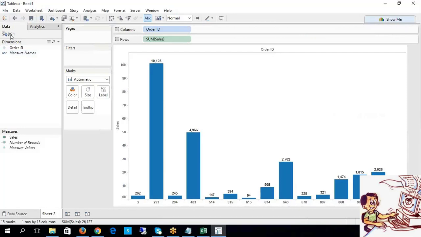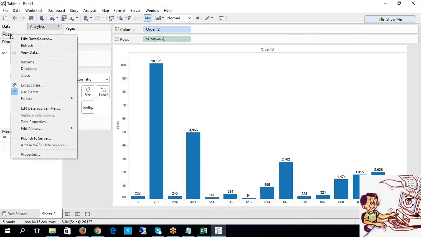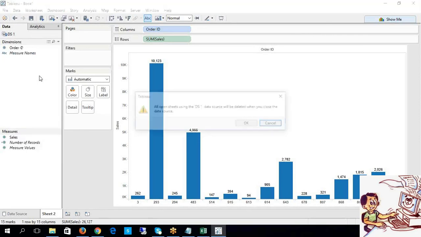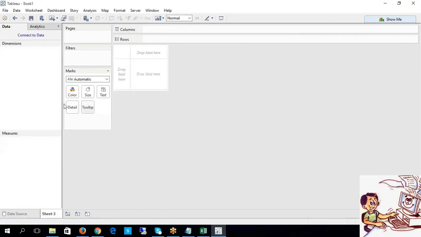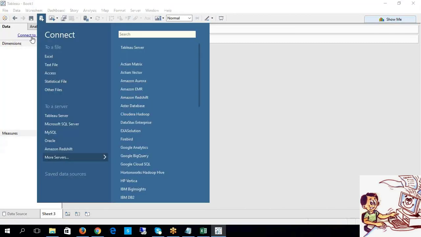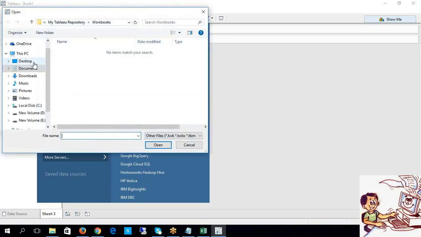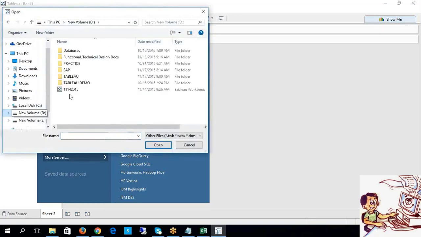I have saved it into a data extract file. Now what am I going to do? Let me remove this existing one. Now connect to data. Which data am I connecting to this time? You can connect it to your data extract also.